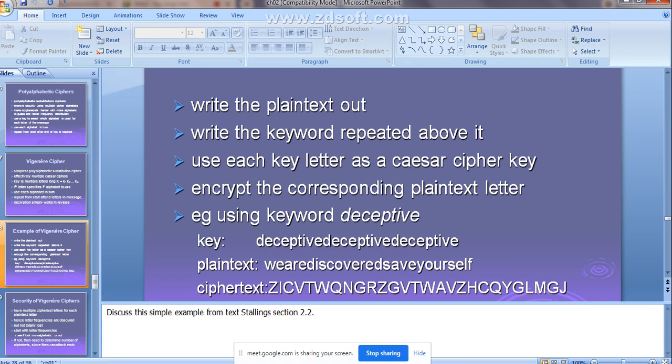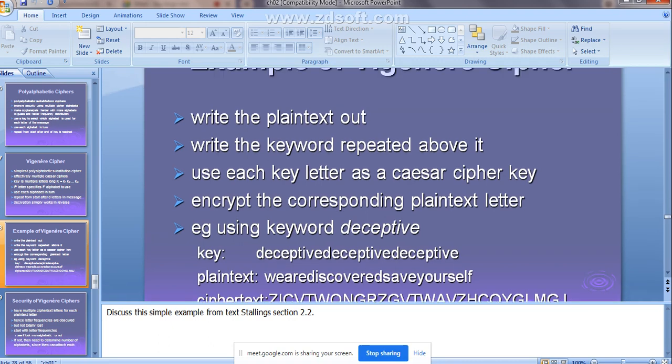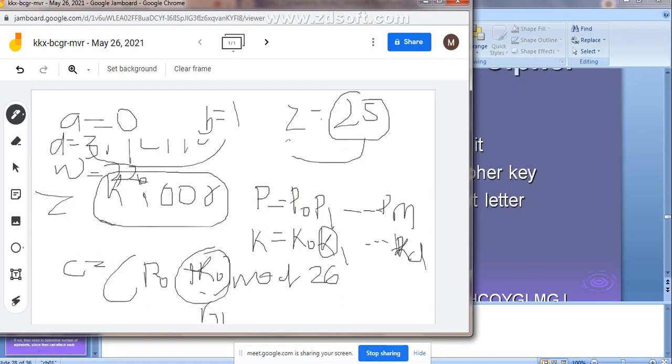The next key letter is E. Every time the key letter changes, it gets added with the plain text to get the cipher text. E plus E, that means 8. The 8th character is I. Are you getting how the Vigenère cipher works? How are we getting this cipher text?